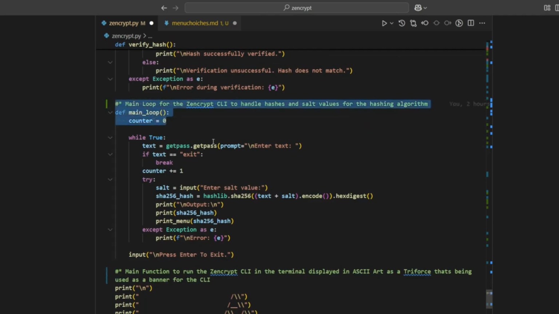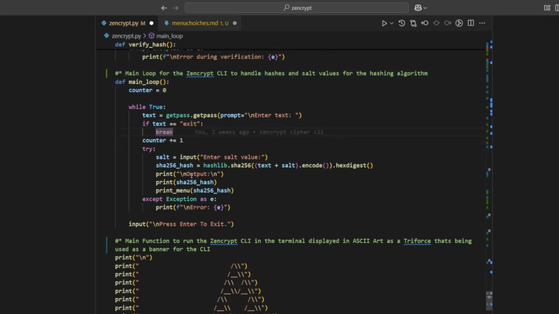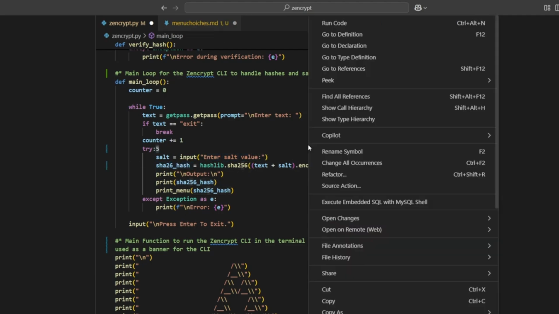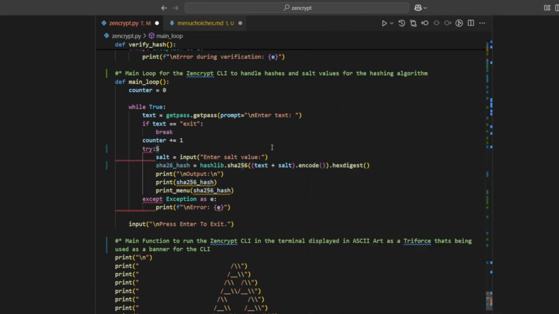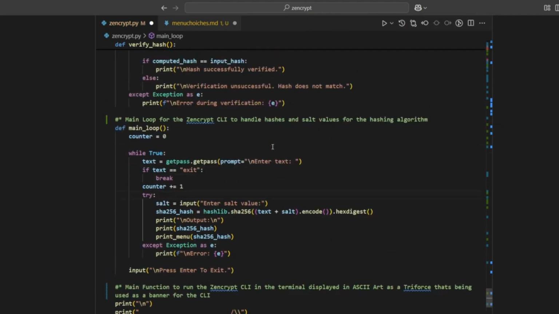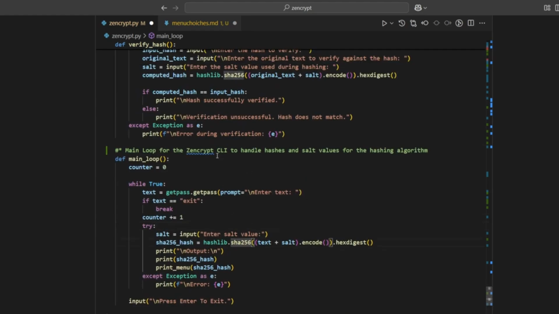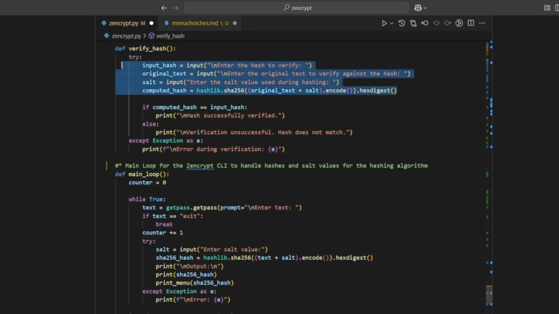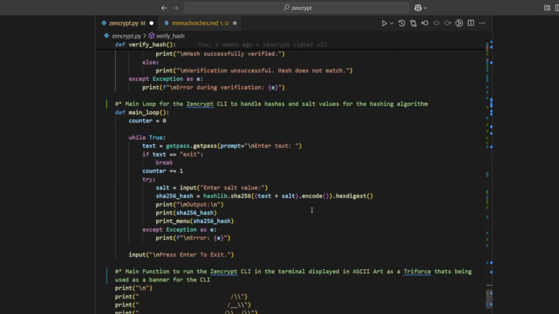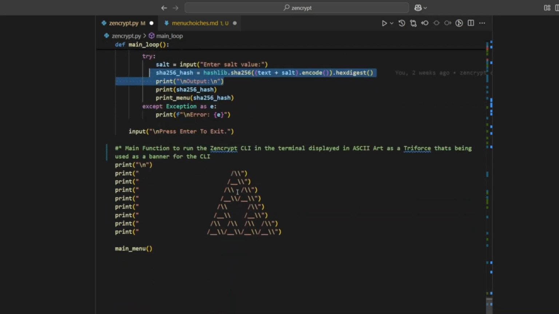Nonetheless, decrypting SHA-256 isn't really possible, so you would have to know the user input for the original input and what they used for the salt. So again, it's just, as it says, verifying